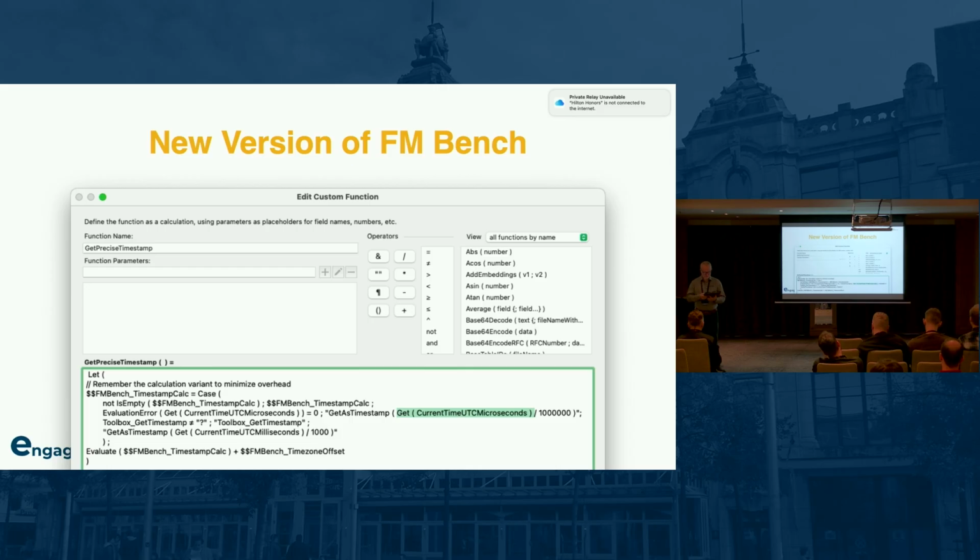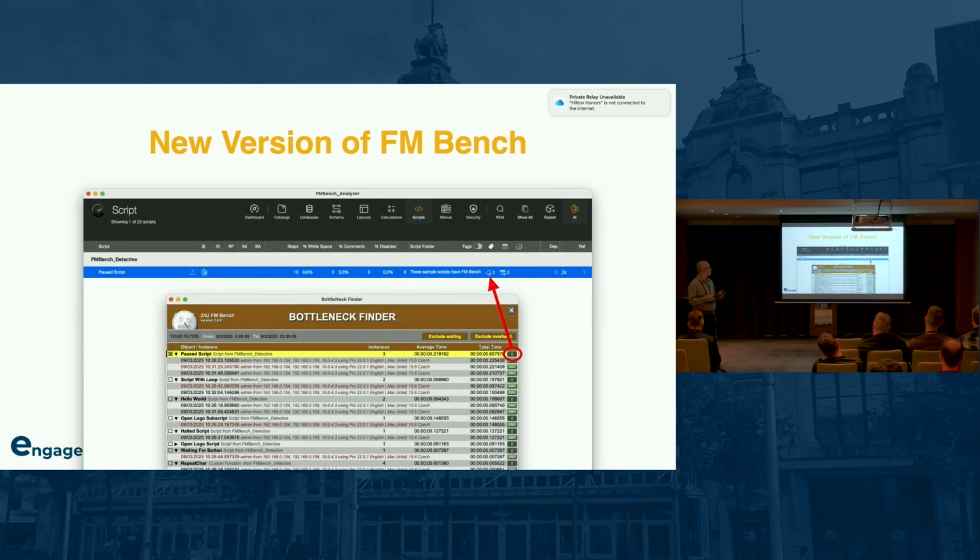Now, what I would like to mention as well is that we have a new version of FMBench. As I mentioned, you can use FMBench, which is our tool for benchmarking and for finding bottlenecks. The new version of FMBench has a neat new feature. If you are using other analytical tools, such as Inspector Pro or Base Elements, we now have the possibility